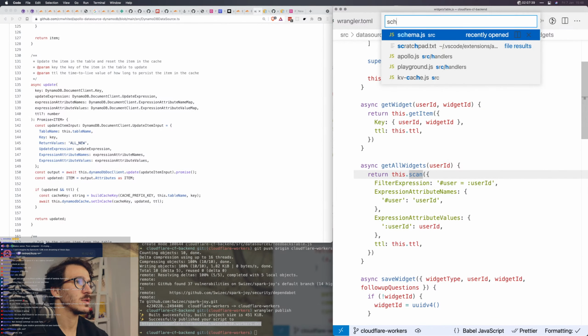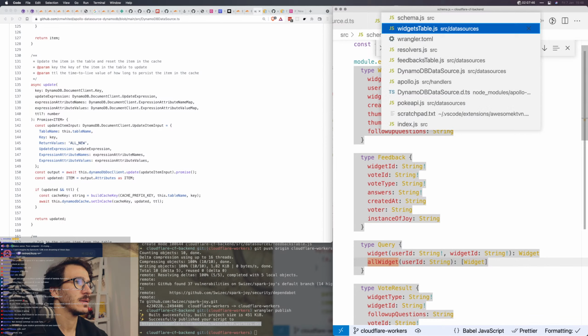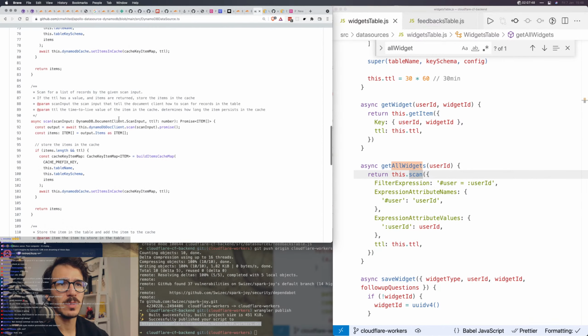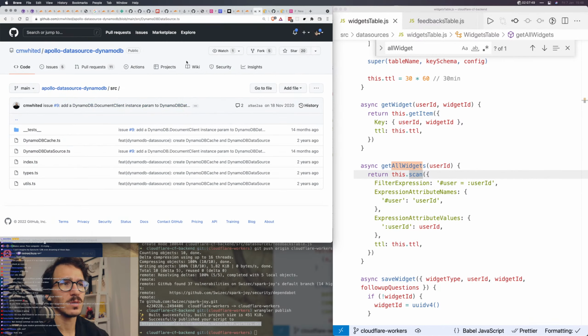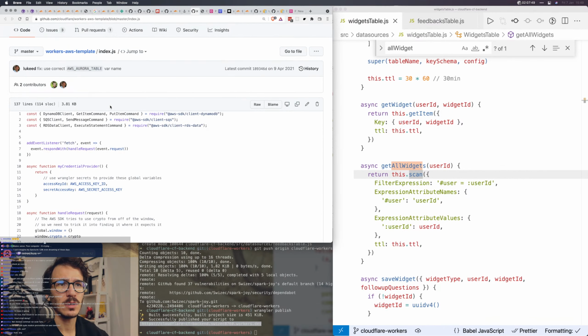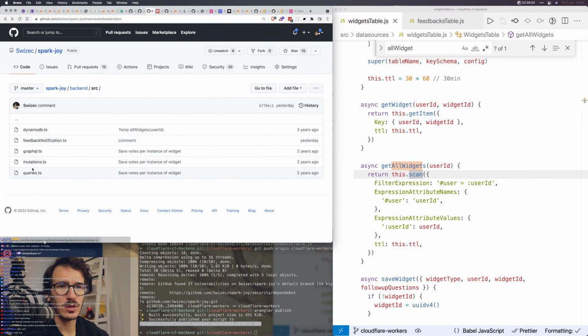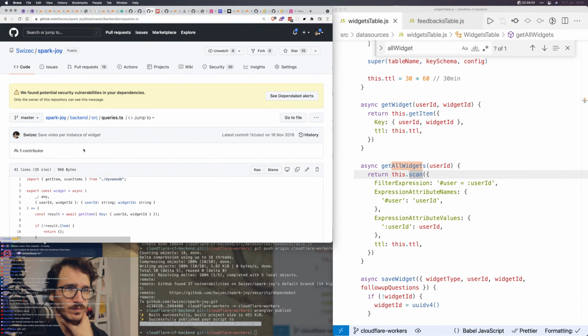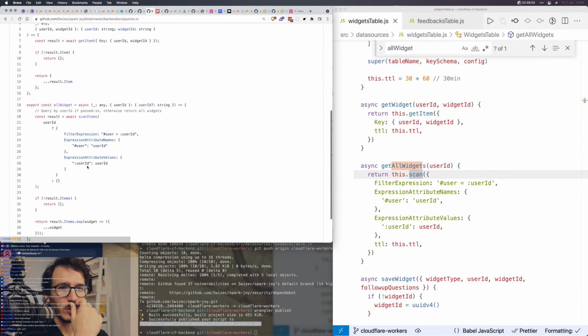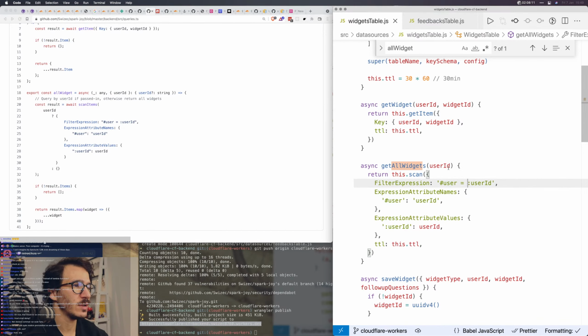Because if we go to the schema and look at all widget, it says that user ID is optional. So how did I implement that before? No, that's the wrong file. If we go here, no, that's the workers template. Where's my code? There. So the all widget query here, it says if the user ID is defined,